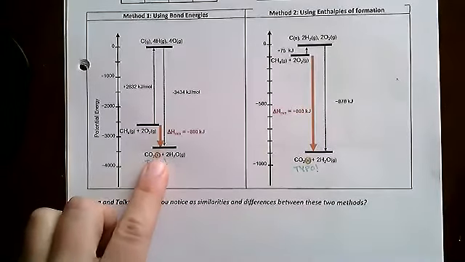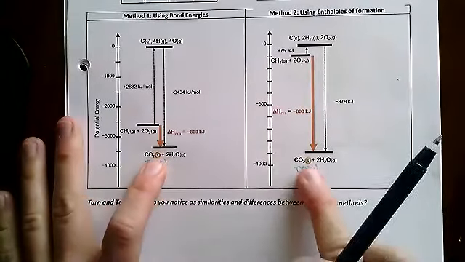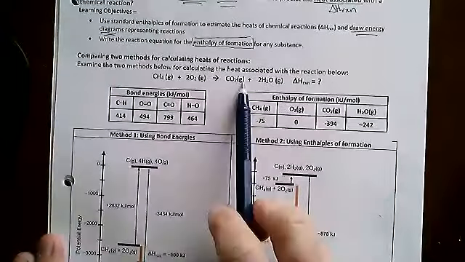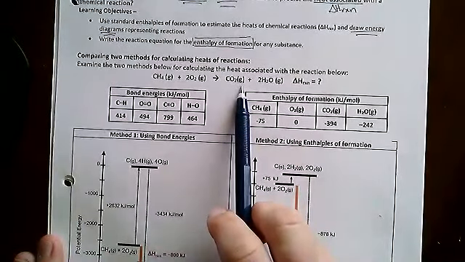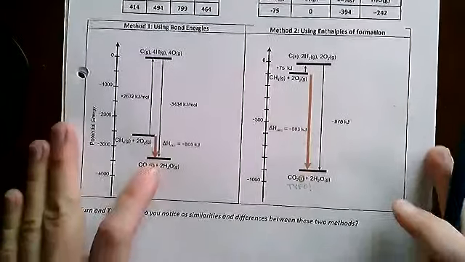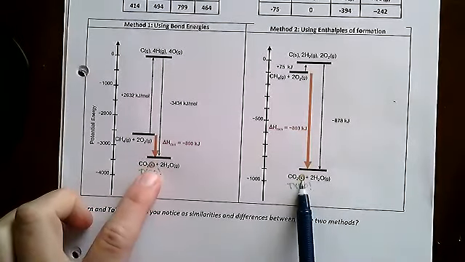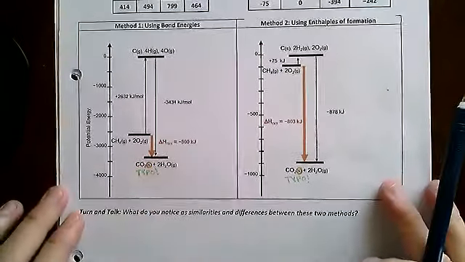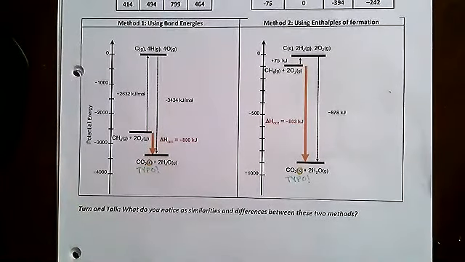This says CO2 solid in both cases, but I meant it to say CO2 gas, so there's no phase change. You can just make a note, CO2 gas in both cases. Okay, any questions before I send you into a breakout room? All right, I'm going to